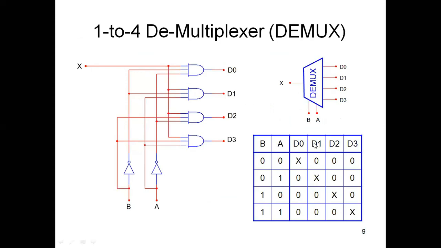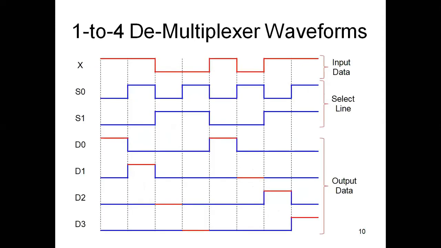So that's why here D0 we will place as don't care condition. If X input is 0, the don't care condition is replaced with 0. If X is equal to 1, the don't care condition is replaced with 1. So D0 will act like this, either 0 or 1. If X is equal to 0, D0 is also 0. If X is equal to 1, D0 is also 1. Like this, we can put don't care conditions here.